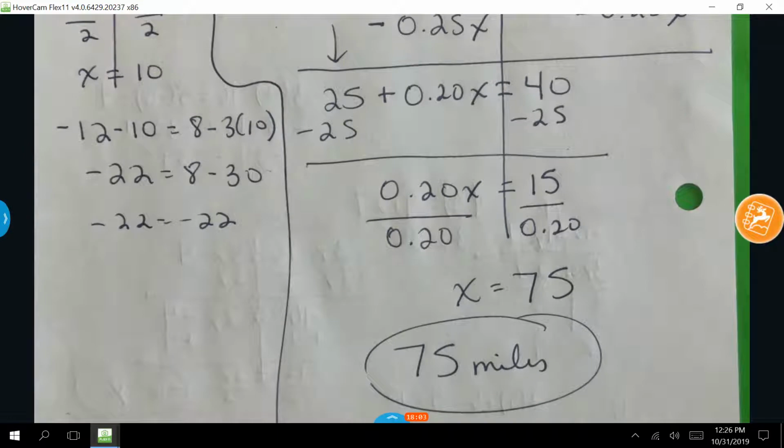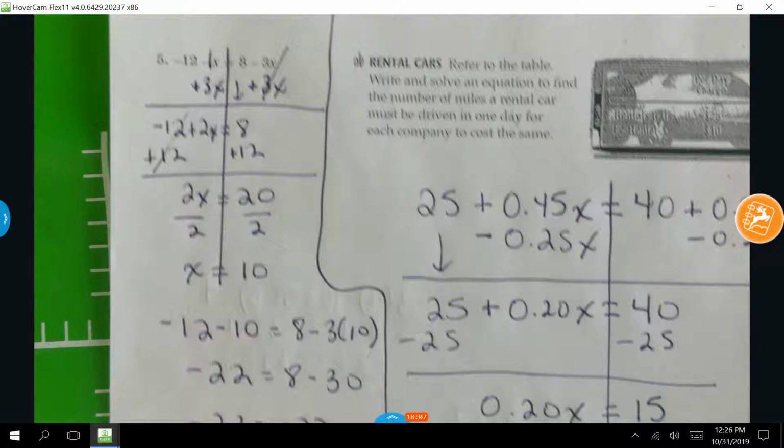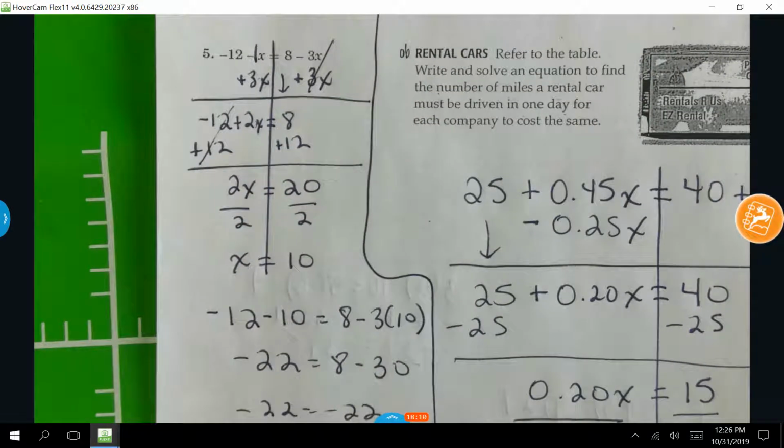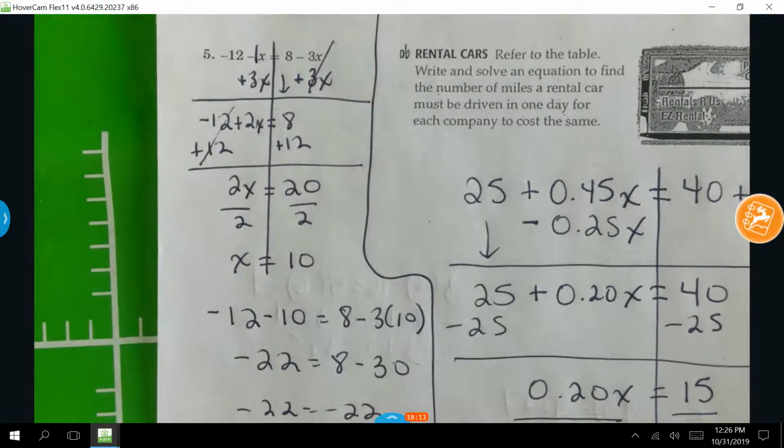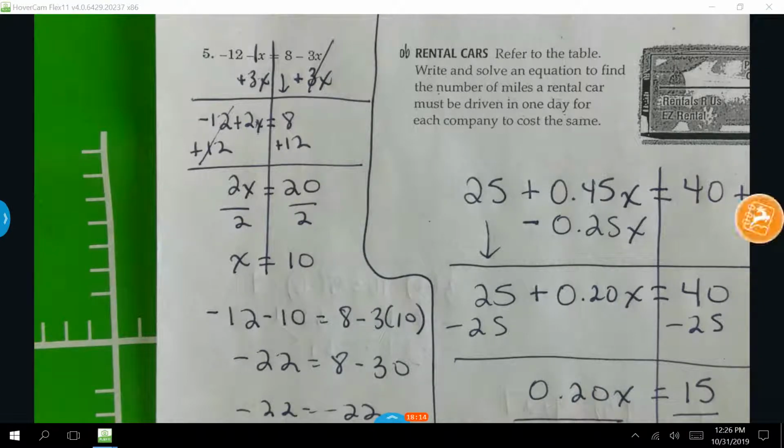I know you don't remember this, but you've done this before when we did the pouches and the coins. You did multi-step equations. But we're moving away from the pictures and we're just using the numbers. Your work for today